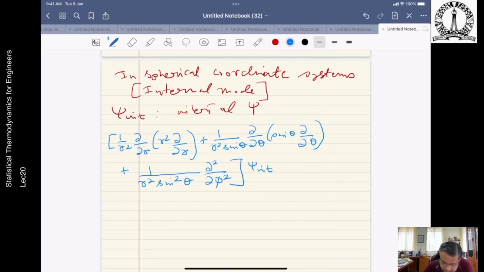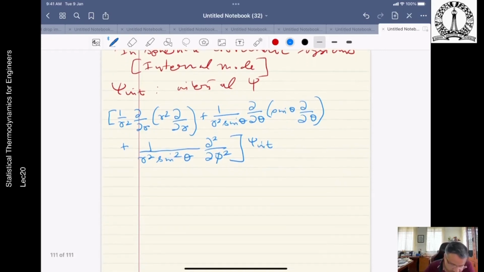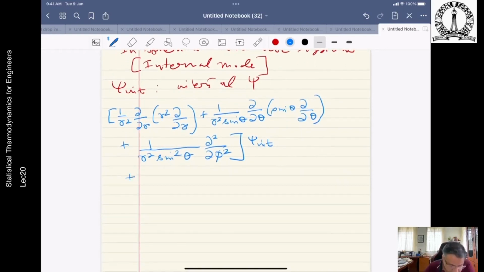Okay, so as you can see, this is how you write the Laplace operator in the spherical coordinate system. So this requires a little bit of brushing up on your part. This Laplace operator is very common. Okay, so this is basically now minus V(r) psi internal